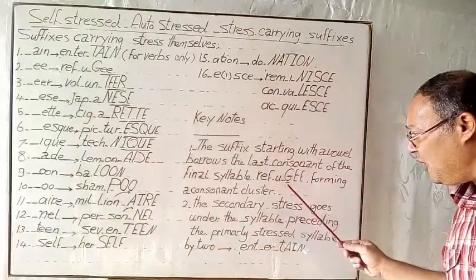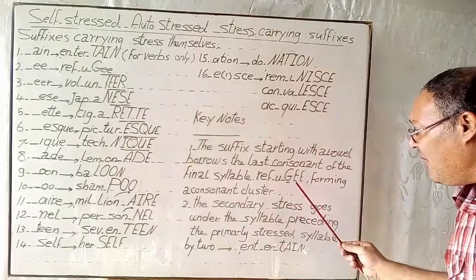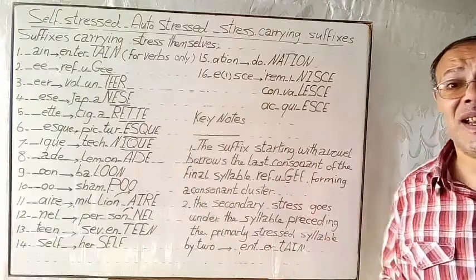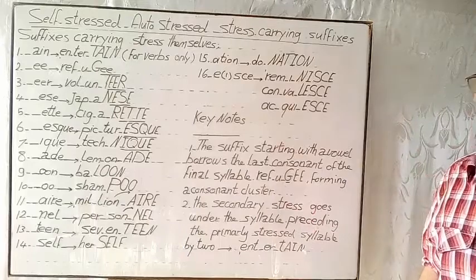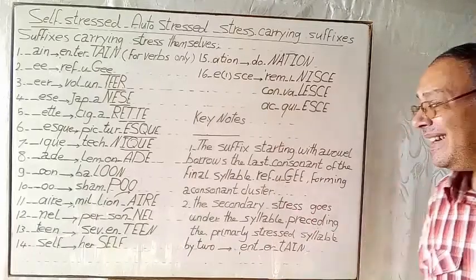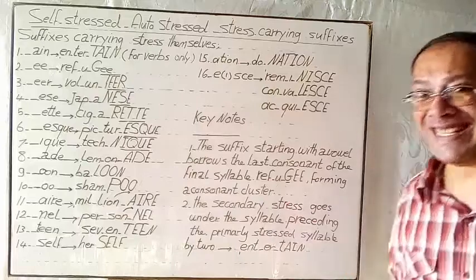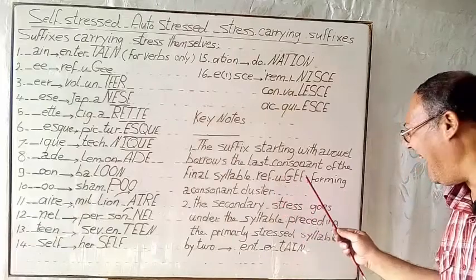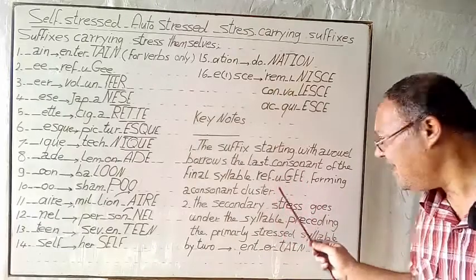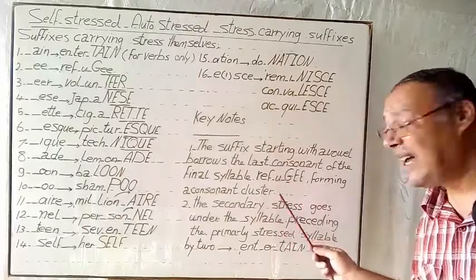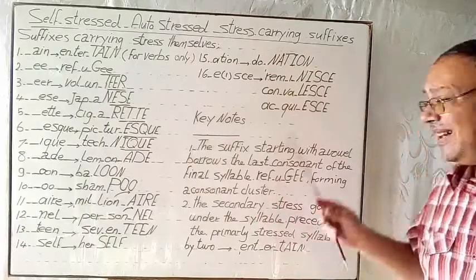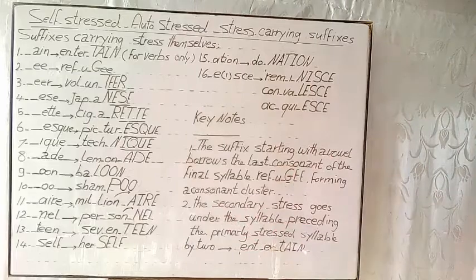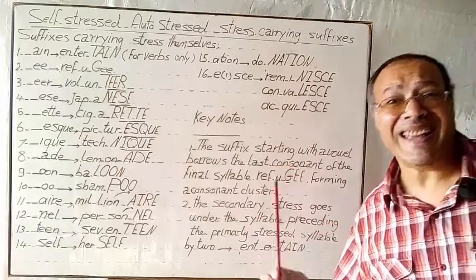For example, refugee. Here, the EE takes the primary stress. So it's not refuge-E, it's refugee. So here, the suffix that starts with a vowel sound has taken the last consonant sound of the final syllable and forms together what is called a consonant cluster. So it's not refuge-E, it's